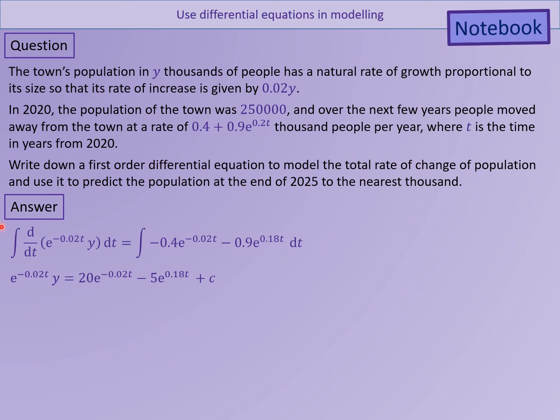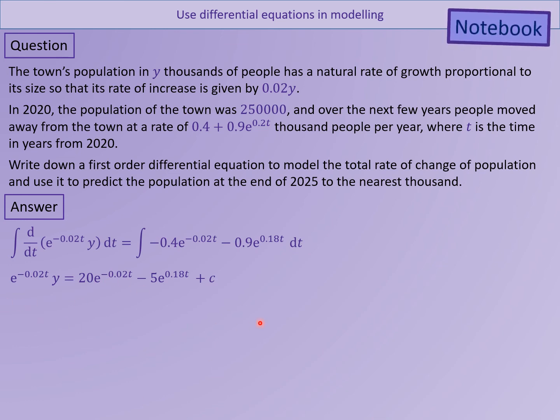So that bit cancels with the differentiation. So therefore we've got just e to the minus 0.02t times y. And on this side, you're just integrating these two. So go careful not to make a silly mistake. But you've got those two integrated with that, plus c. Of course, you can't put these two together at all. They're not the same powers. Right, so once I've done that,